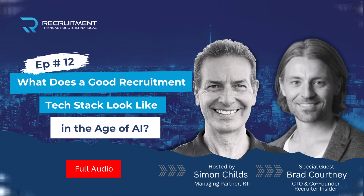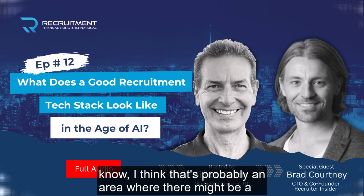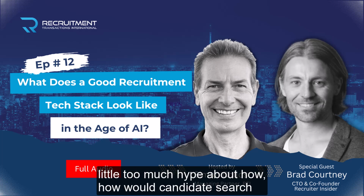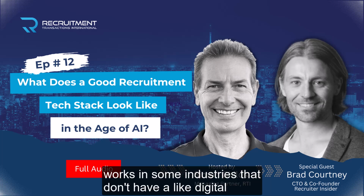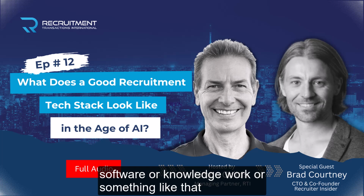Things to source candidates, although I think that's probably an area where there might be a little too much hype about just how well candidate search works in some industries that don't have a large digital footprint. But if you're in that industry where you're in software or knowledge work or something like that,